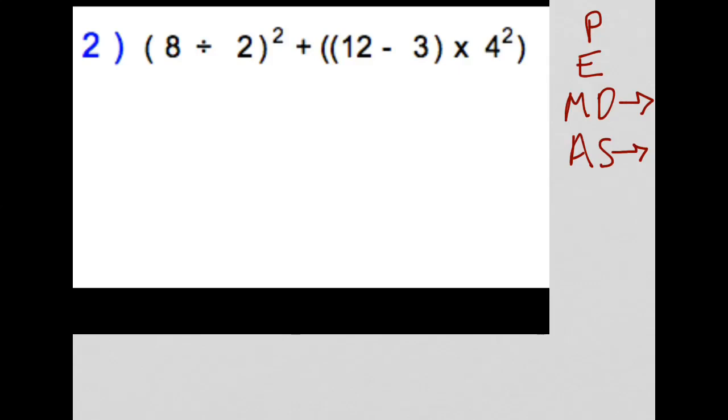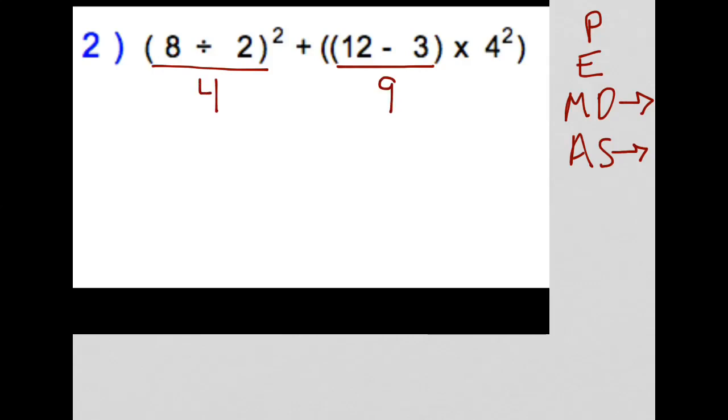I'm going to start with two of them. I'm going to start with the one inside of parentheses, and then I'm going to start with the one on the left here. I can solve both of those because they're not in the same part of the expression, but they're both in parentheses. So I'll do 8 divided by 2, which is 4, and I'll do 12 minus 3,